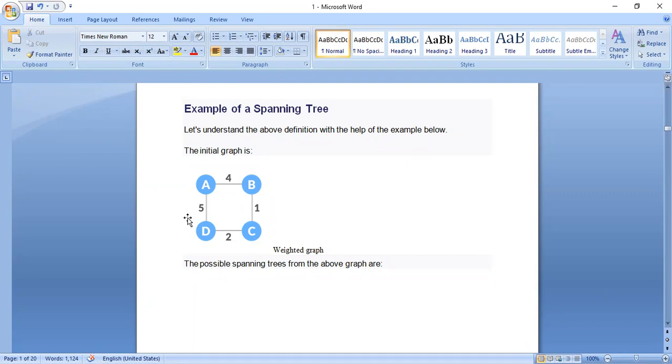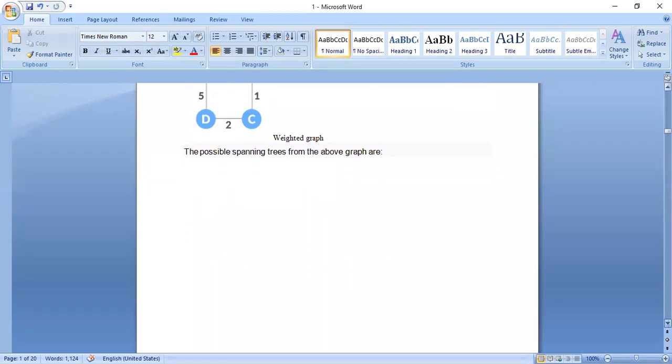I can say what we call the city example is nothing but the same example of a vertices example in a graph. That is nothing but A, B, C, D. Consider A, B, C, D as different cities in a given country, so that you can easily understand the spanning tree. Okay, so you can see now.